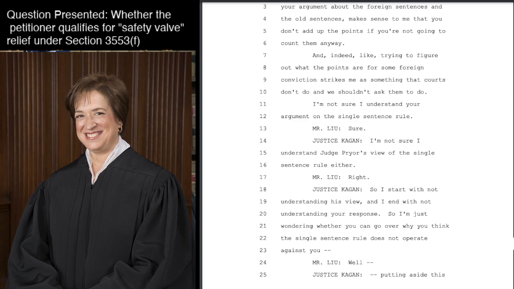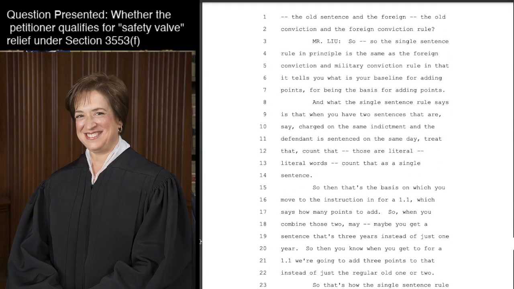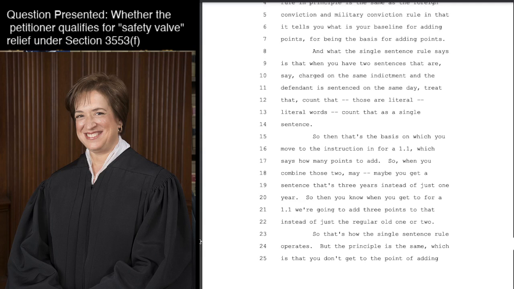Putting aside the old sentence and the old conviction and the foreign conviction rule. So the single sentence rule in principle is the same as the foreign conviction and military conviction rule, in that it tells you what is your baseline for being the basis for adding points. And what the single sentence rule says is that when you have two sentences that are, say, charged in the same indictment and the defendant is sentenced on the same day, count that, in the literal words, count that as a single sentence. So then that's the basis on which you move to the instruction in 4A1.1, which says how